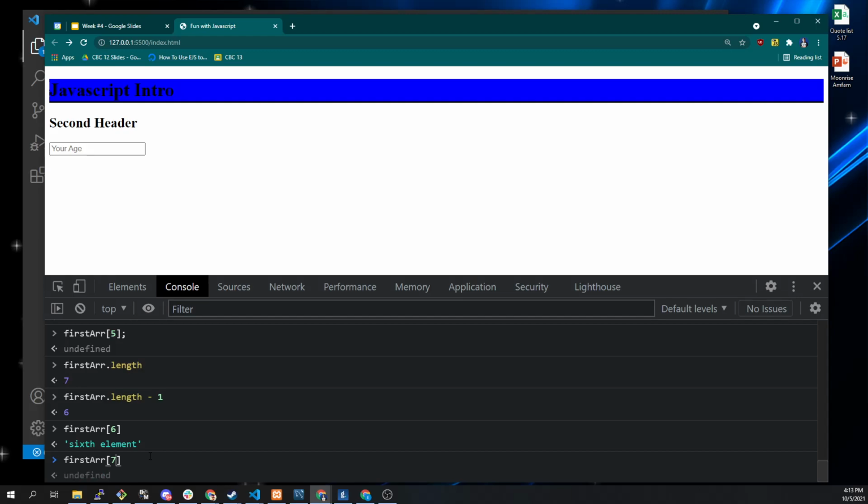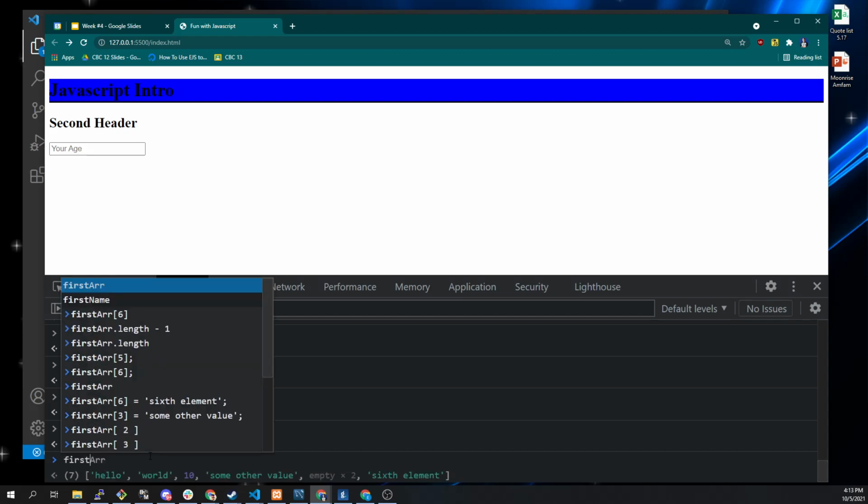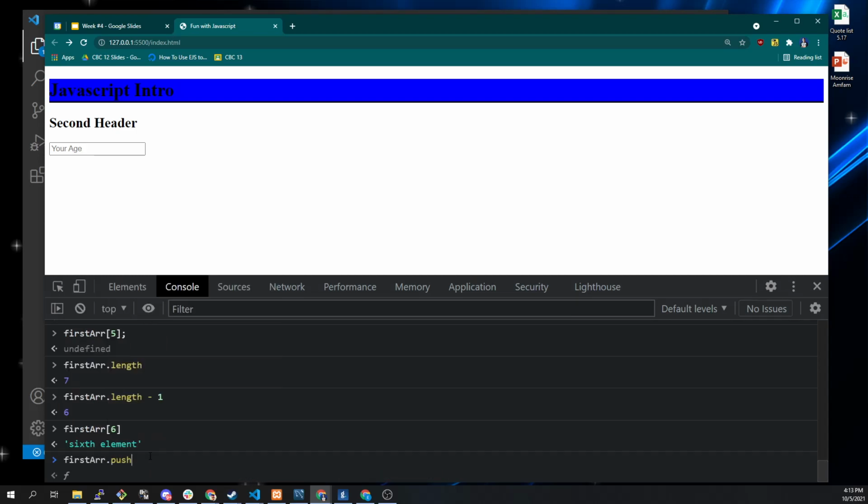So luckily, JavaScript and most other programming languages, but JavaScript specifically, gives us a method in every array that lets us not even care. It just says, whatever the highest index value is, I want to put this new value at the end of it. And that method is the push method. So if I do firstArr.push and put in any value you want here, now it's going to tell you there are now 8 elements. And if we look at firstArr again,